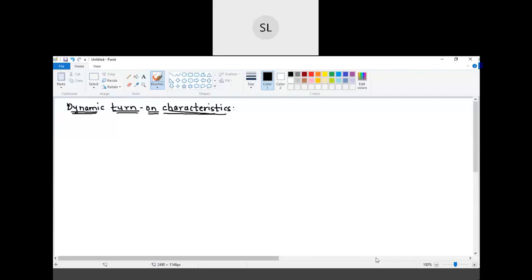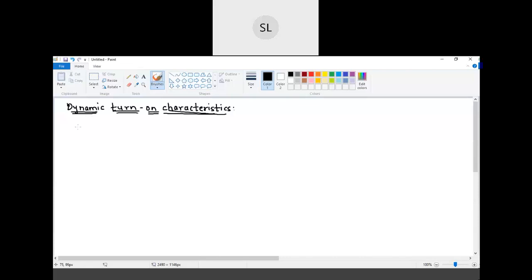When it is said to be operated in the forward blocking mode, we apply some positive voltage to the anode terminal with respect to the cathode, and keep the gate terminal open. Then we can say that the thyristor is in the forward blocking mode, because even though the thyristor is in the forward bias state, it is not in the on state. A very small amount of current flows from the anode to the cathode terminal of the SCR, and the SCR is said to be operated in the forward blocking mode.